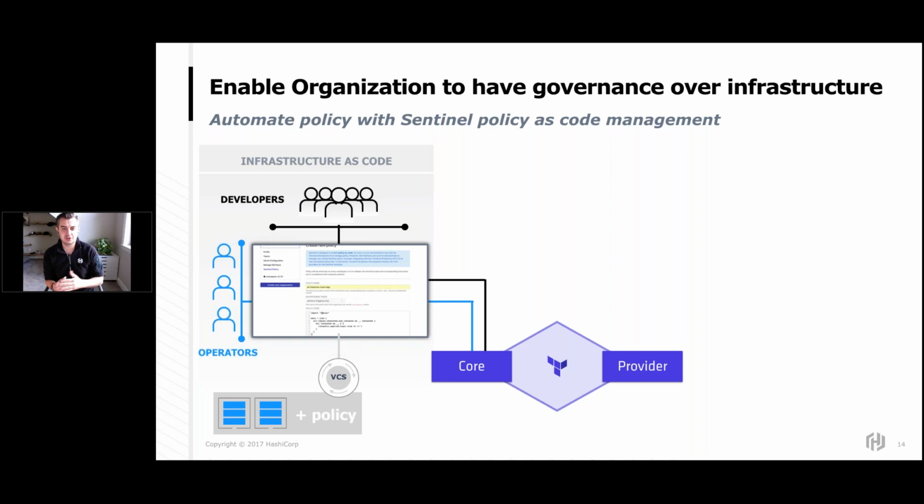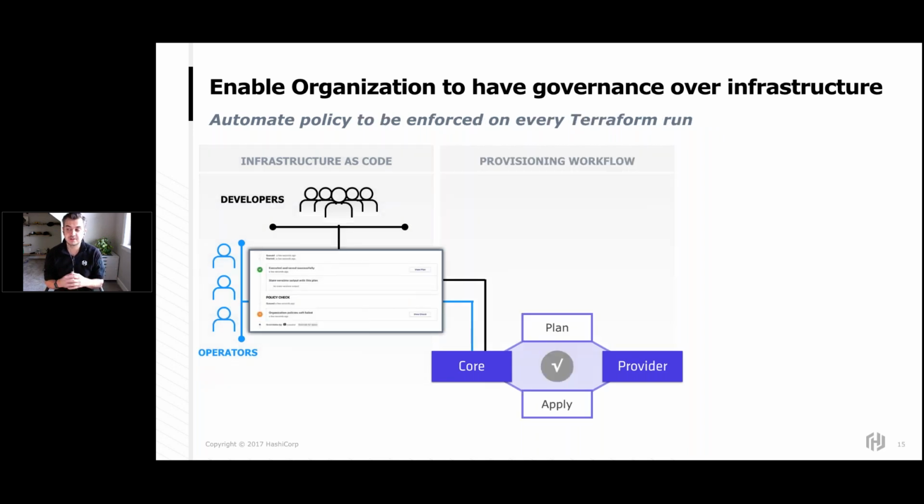What I want to walk through now is how this actually applies to Terraform and Terraform Enterprise. If you are using Terraform Enterprise and you have enabled all of your users to provision resources, what you want to do is create policies that make certain restrictions or rules around what can and cannot be done. So the first step in using Sentinel in context of Terraform is defining those policies. Once you have defined those policies, you save them to your organization, and so they become embedded as part of your organization, and therefore they are enforced on all of the